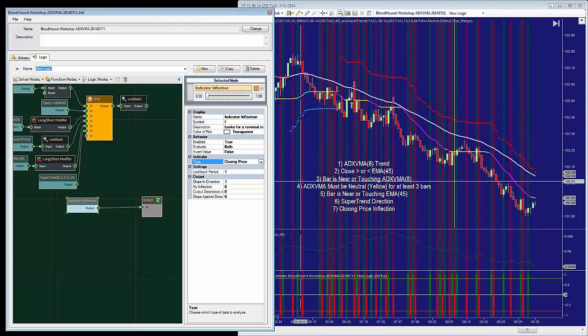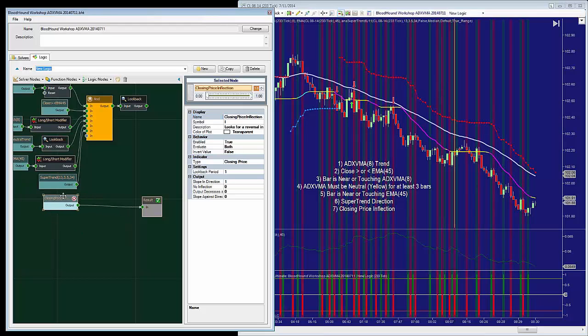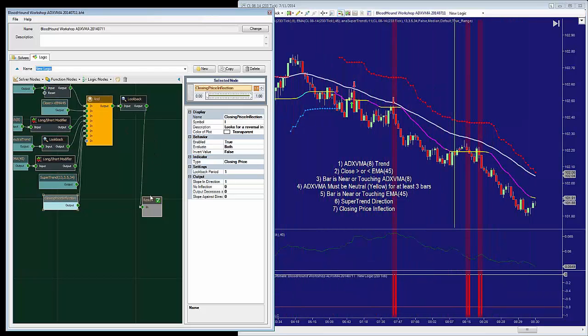You guys got that? And this is something you use usually on most systems, I would say. Most systems that are actually waiting for a reversal bar. Okay, so that's a closing price inflection. So if I were to connect that now and run it through the look back,